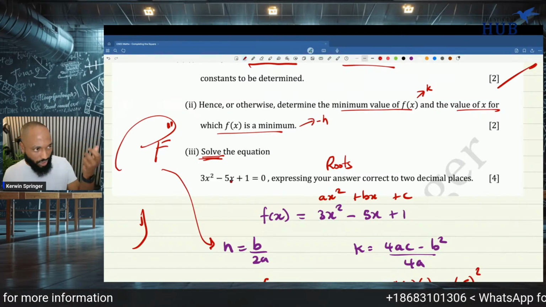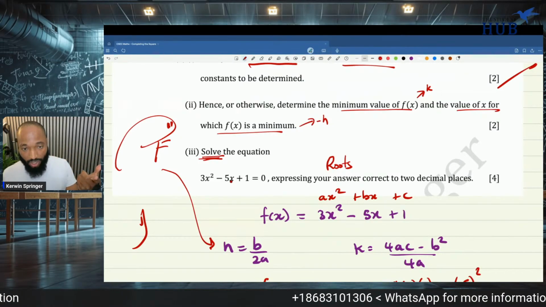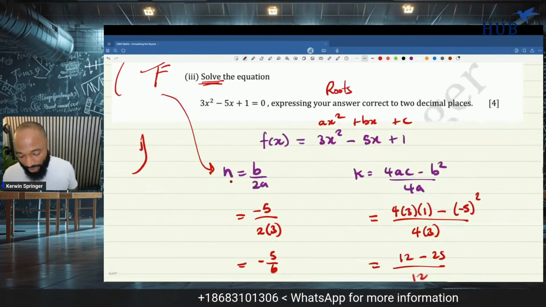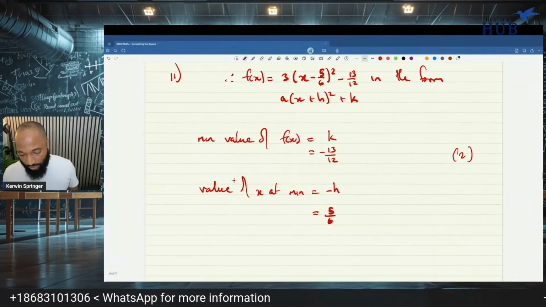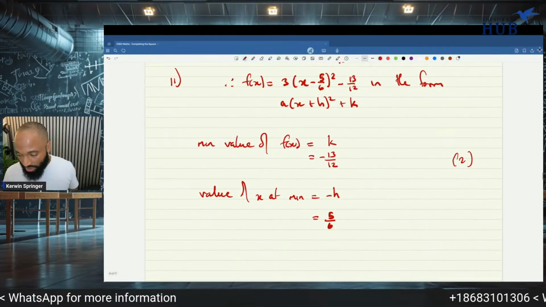And how do we solve? We use the completed square form, that vertex form. We equate it to 0 and we follow the steps. So you're getting to see me do it again for those of you who just joined. If you just joined and they ask you to solve